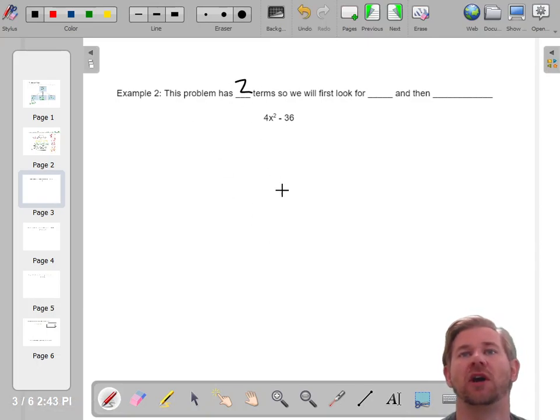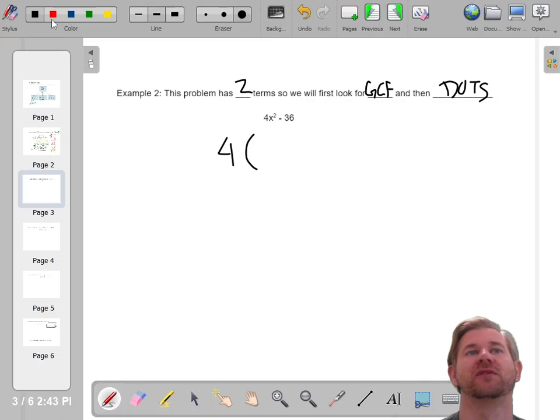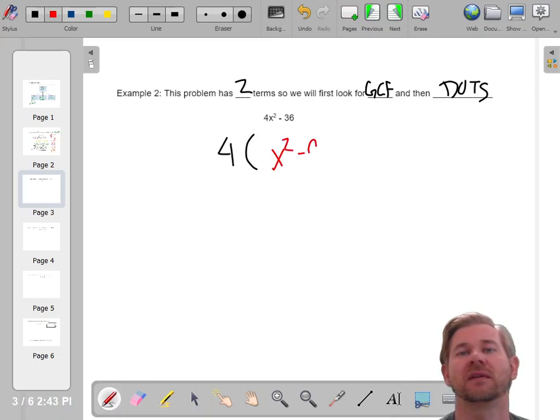This problem has 2 terms. So again, we're always looking for GCF, and then we'll look for difference of squares. So is it a difference of 2 squares? 4 and 36 are both multiples of 4. So I'll factor out the 4, and then I can look, wait, x squared is a perfect square, and 9